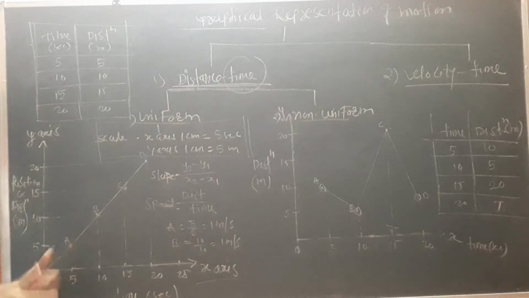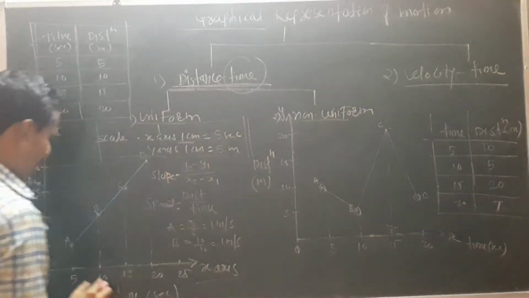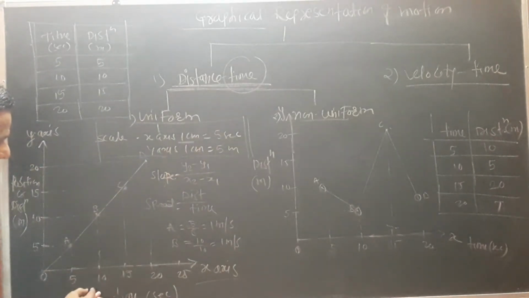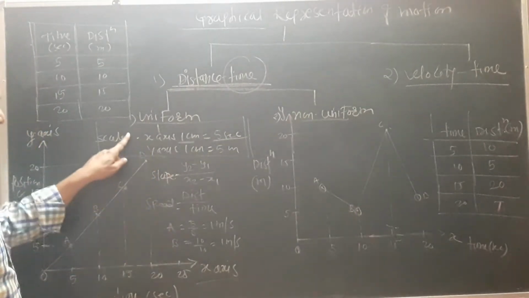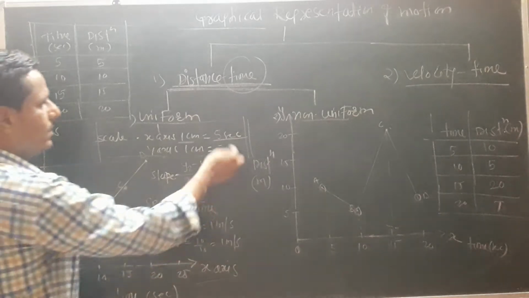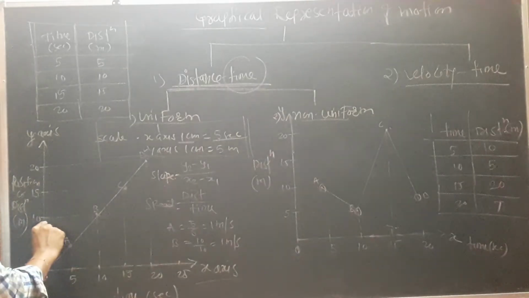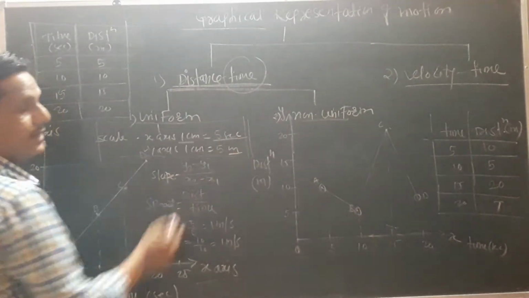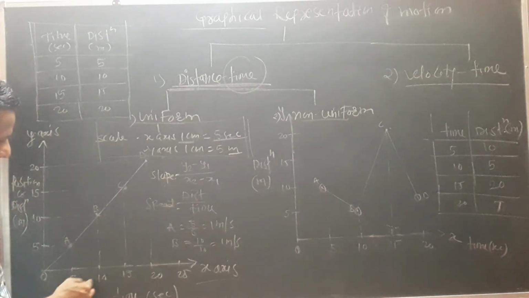We have it on graph paper. Here we have taken the x-axis, so I mention on the x-axis that 1 centimeter means 5 seconds. We should give the meaning that on the x-axis this 1 centimeter distance is nothing but 5 seconds. Similarly for the y-axis, this 1 centimeter is nothing but 5 meters. Getting? It might be that some students ask the question, sir, why is it 1 centimeter, 5, 10?